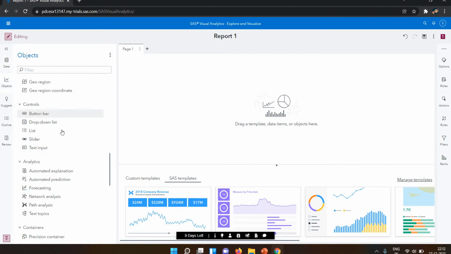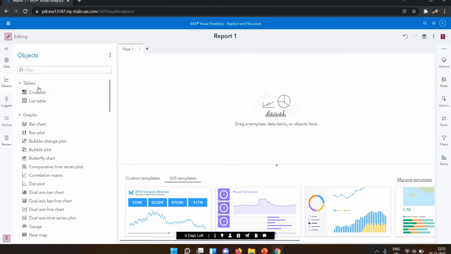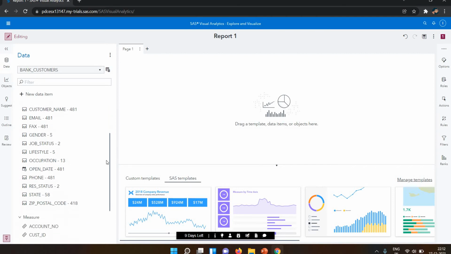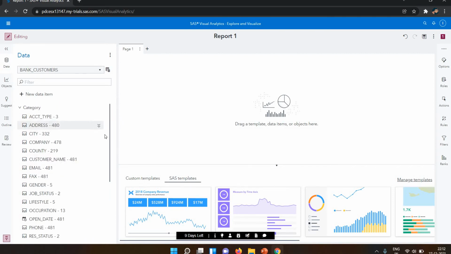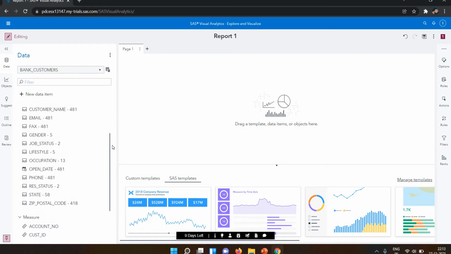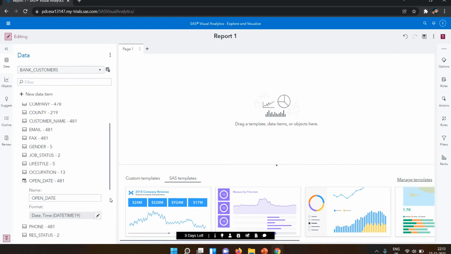Next we are coming to the objects. Today we are doing objects, so first of all we are creating a cross table. I'm taking some date, and first I'm changing the date format.